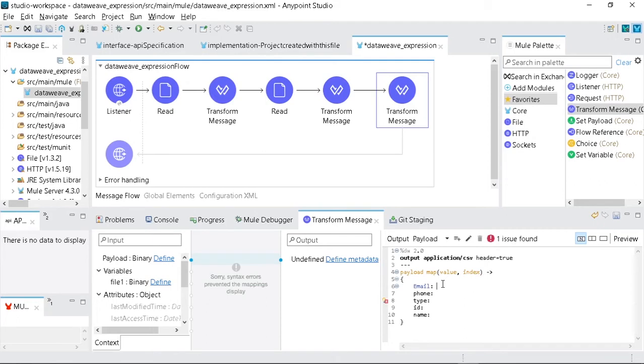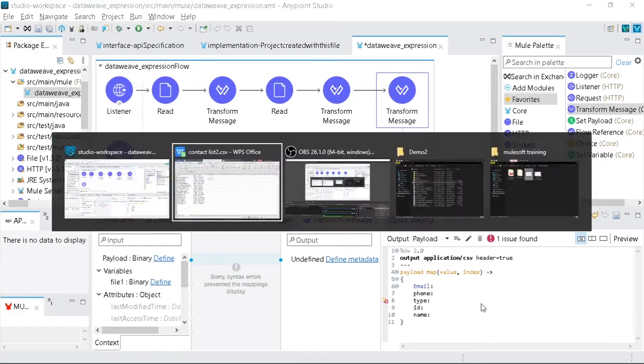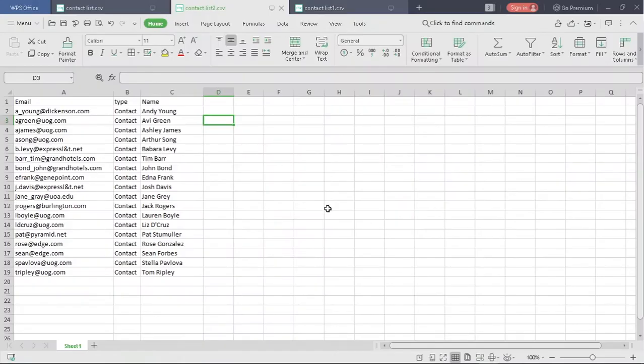So in the contact list 2.csv file, because we are mapping the payload. Okay, so in payload we know that the contact list 2.csv file content is here in payload. So we will have to look inside contact list 2. So here email, type and name are given.